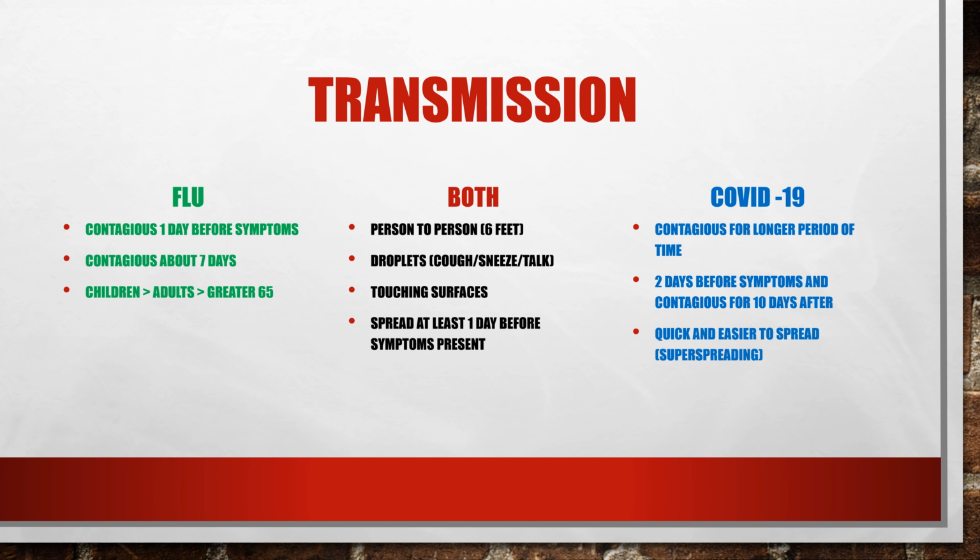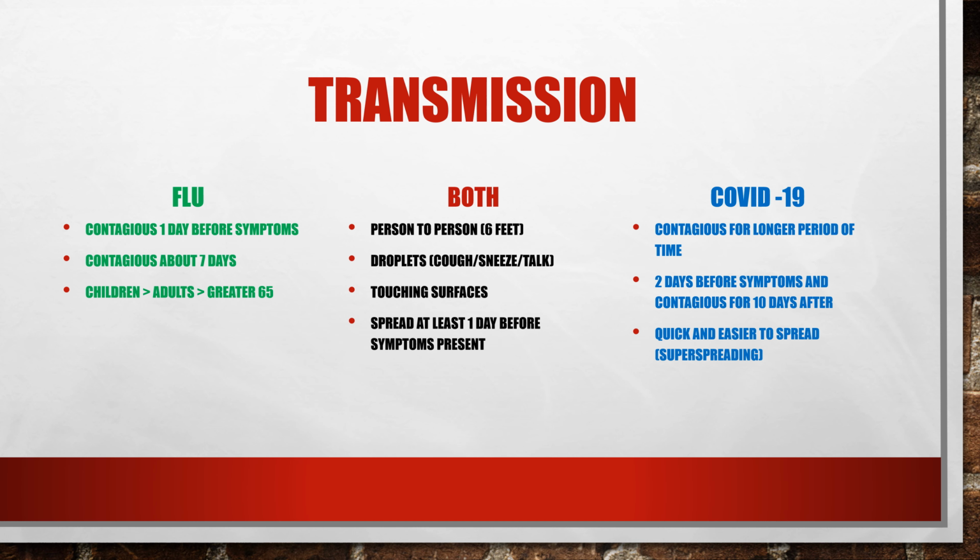It can also be transmitted, let's say, by coughing on your hand and touching a surface. The viruses are able to last on a surface for a certain amount of time, and it varies depending on what surface is being touched. If someone who has the virus touches a surface, someone who does not have the virus can contract it by touching that same surface and rubbing their mouth, their eyes, or even their nose. So that's another way these viruses can be